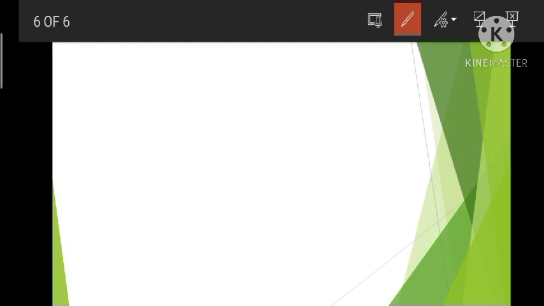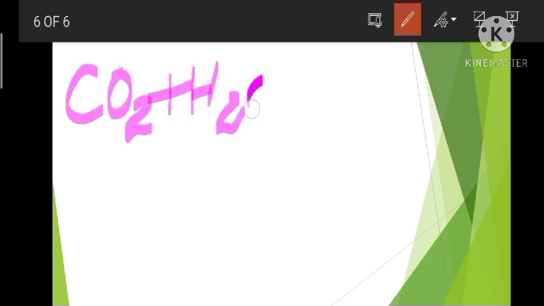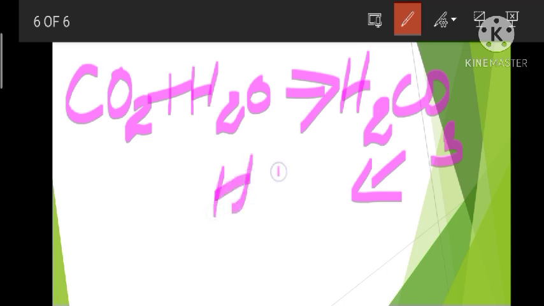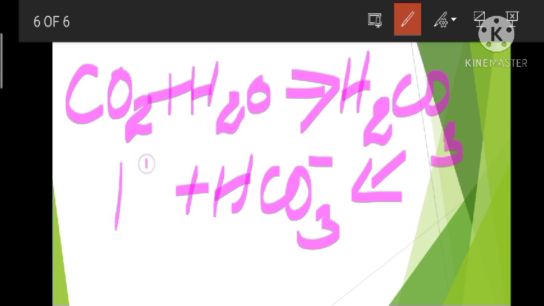Now, how that bicarbonate is formed, you might have studied in respiration that carbon dioxide combines with water to form carbonic acid. And which is the enzyme involved? It is carbonic anhydrase, and this will be again splitting into bicarbonate and H plus by the same enzyme,